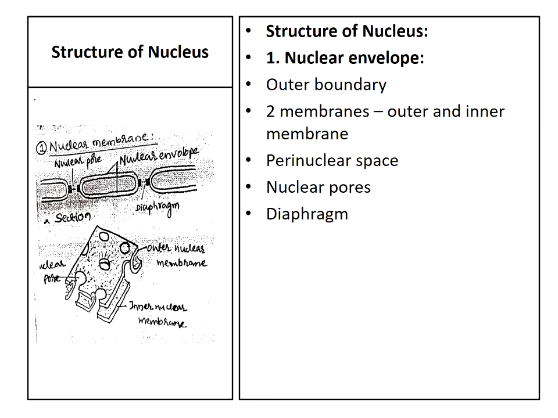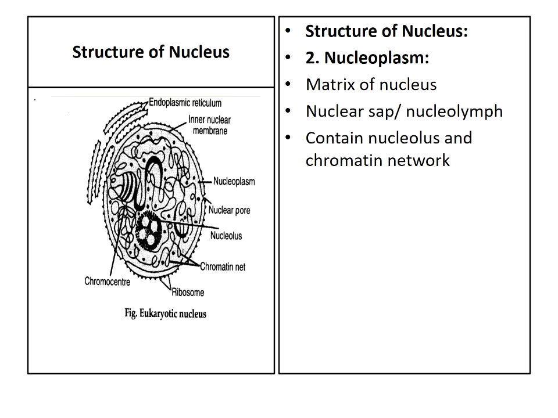On the inner surface of the inner membrane there is an electron dense layer called the fibrous lamina. So in the inner membrane we are going to observe the fibrous lamina. The exact function is not known, but it is believed that it acts as a third connective layer of the nuclear envelope.